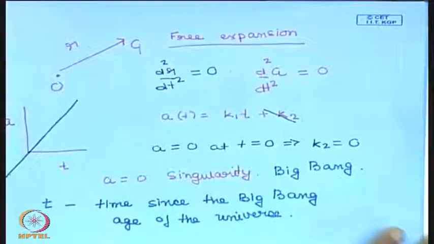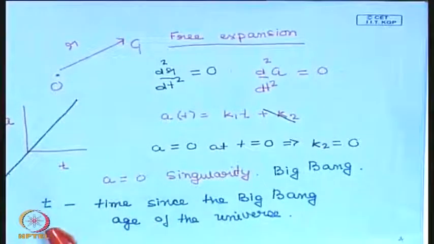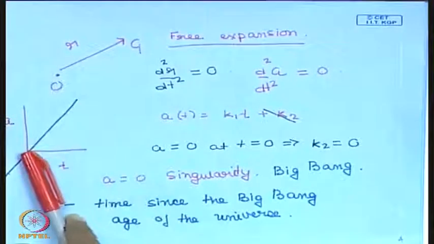Given this, so given the scale factor and the comoving coordinate system, we first considered a very simple model where the universe is freely expanding. There are no forces acting between the galaxies, and in this model we worked out the behavior of the scale factor as a function of time. So, we found that the scale factor increases linearly with time, and at a certain time instant the scale factor reaches 0,